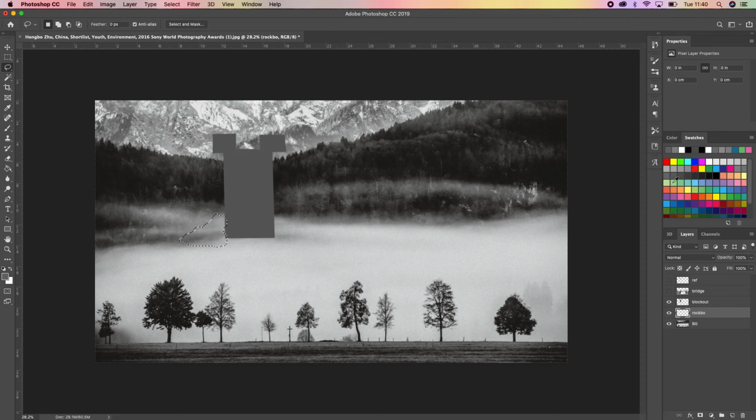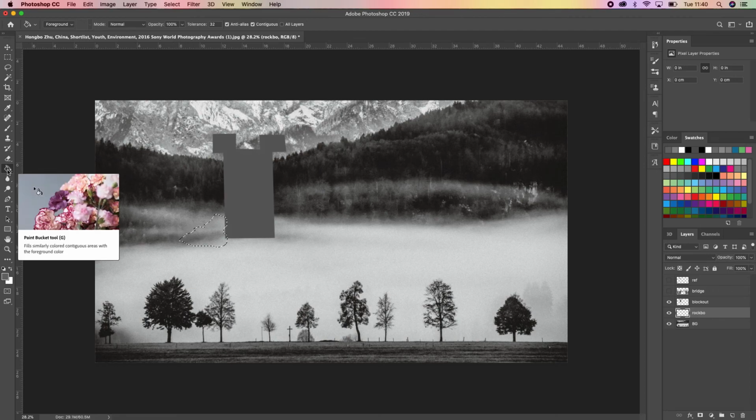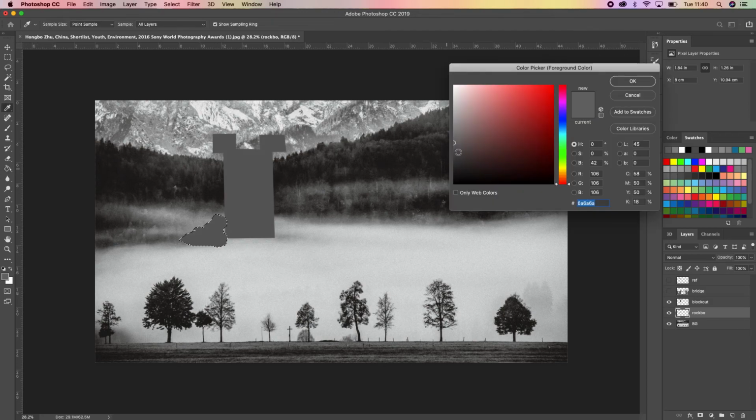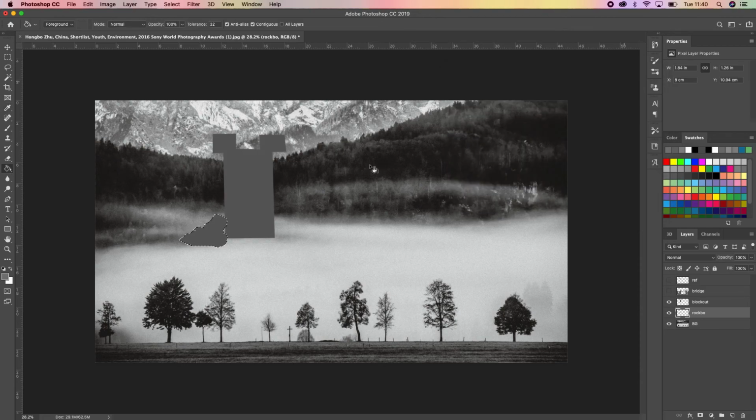I'll fill that out, so I'll click on G to go to my fill tool, or you can just select your paint bucket tool, which is on the left here. So what I want to do is fill out that block, and since it looks like it's on the right, I might just change the color a little bit. Alright, so I've just changed it a little bit. Control D to deselect. So now I have the basis. Obviously you guys will make a complete